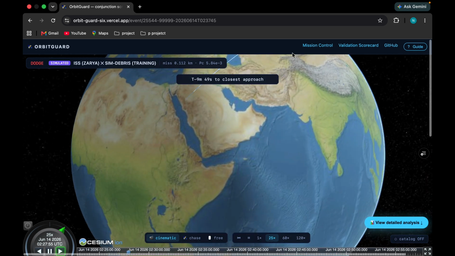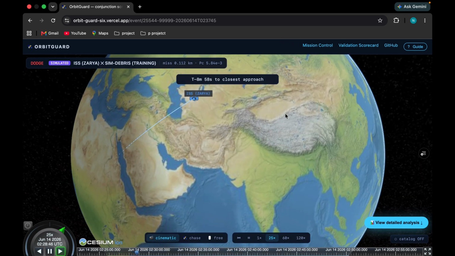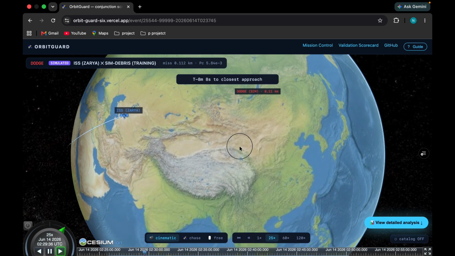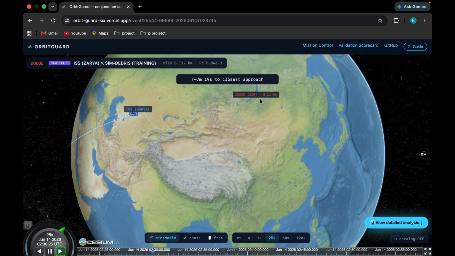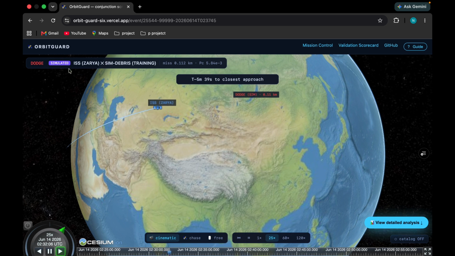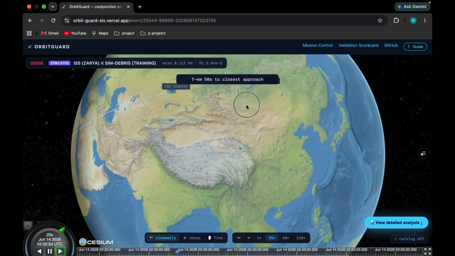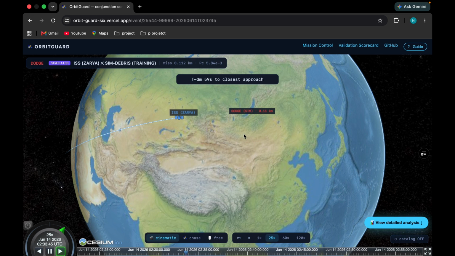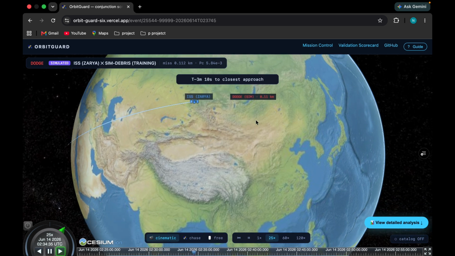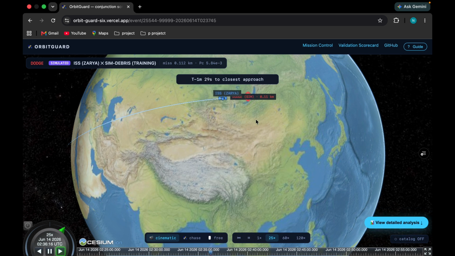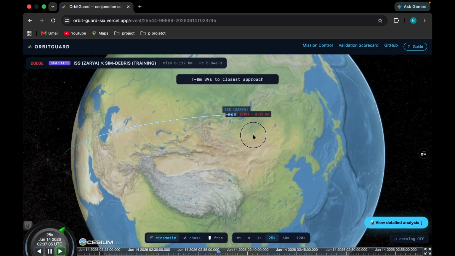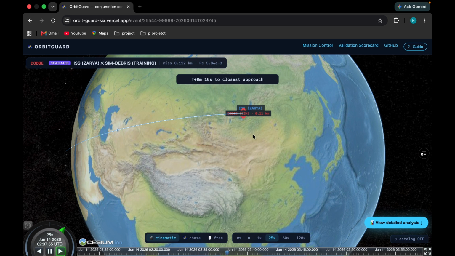We can zoom. So here is an asteroid belt, and we are passing a Dodge simulated pass here, which means this is a test case that I built, where if they pass very closely, there will be a flag called Dodge. That means two satellites are passing very closely to each other.